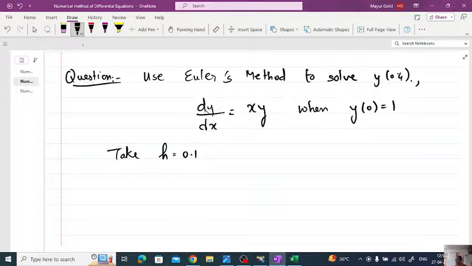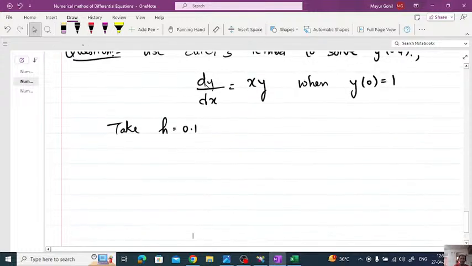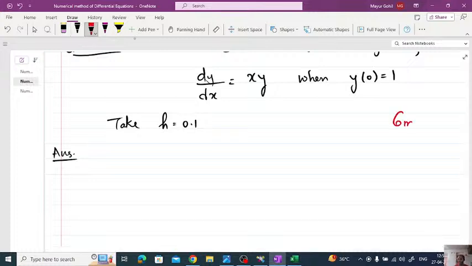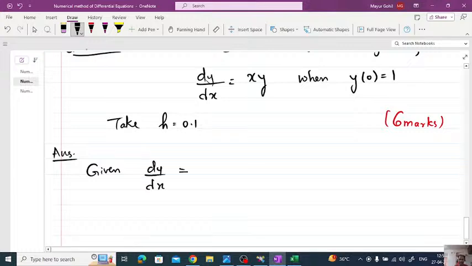Now when such a question is given to you, it's again very easy question, so it's a very nice thing that you have such easy questions and straight 6 marks. In exams, this kind of questions can come for 6 marks. Okay, I'll tell you where you get the marks and where you lose the marks. So given dy by dx is equals to xy,